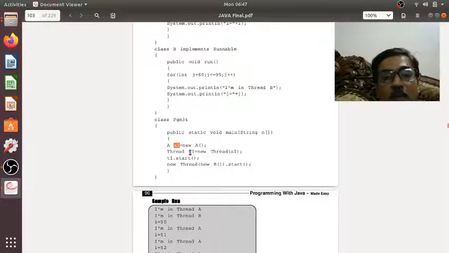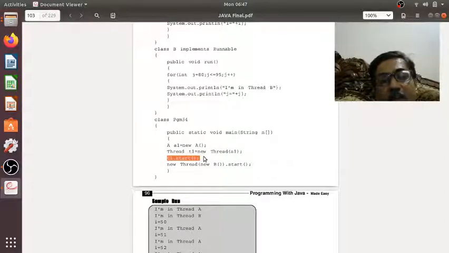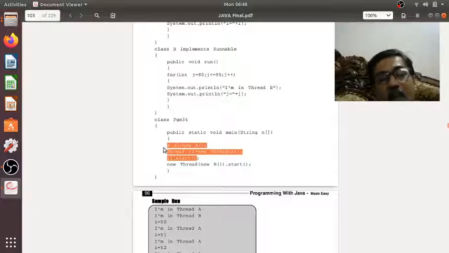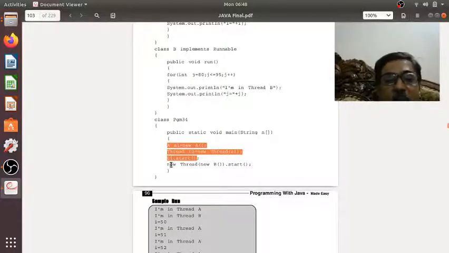Then through the thread class object, that is T1, in this case I am trying to invoke the start method. So once after having done this, the thread will be taken to the runnable state. Instead of writing 3 statements, step number 1, creation of object for the class. Step number 2, creation of an object for the thread class. Step number 3, through the object of the thread class, invoke the method start. Instead of these 3 statements, I can write one single statement here.